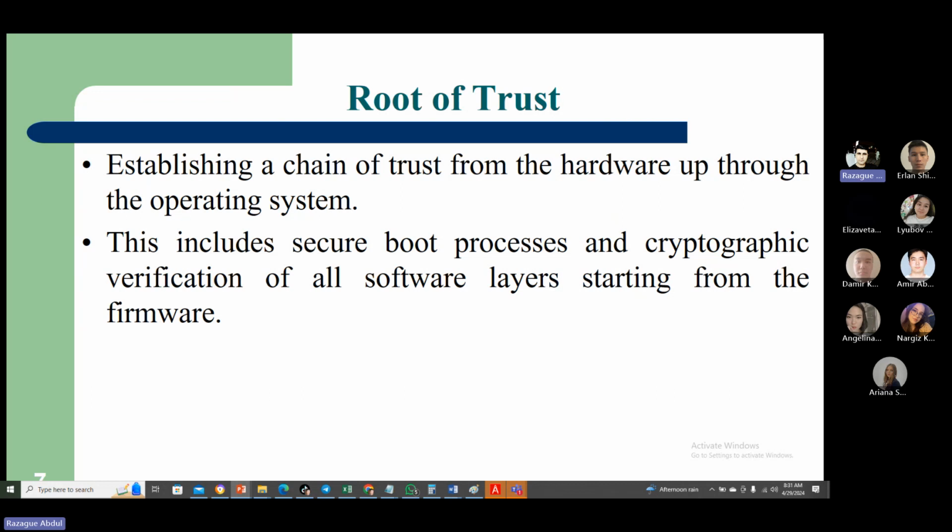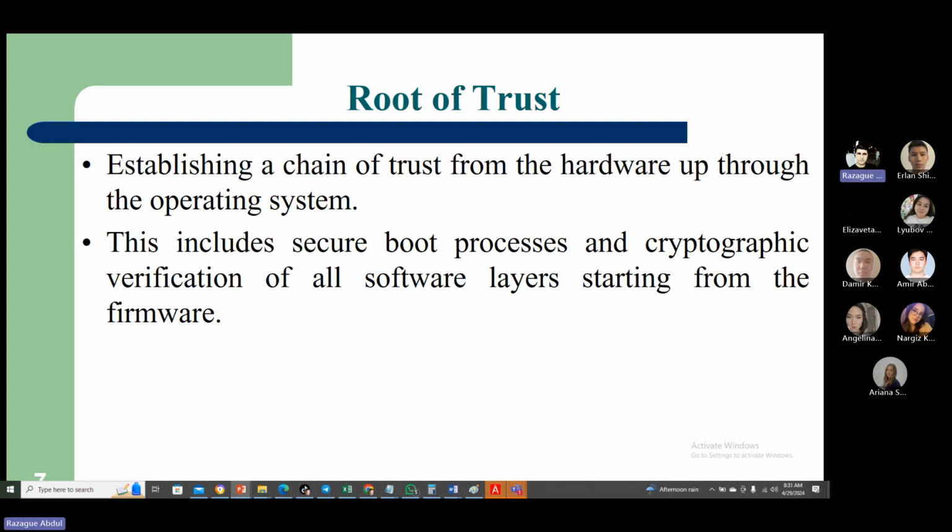Second, we develop a secure boot process, meaning designing and implementing a boot process that checks for integrity and authenticity of all the software components before execution. And the third one is enabling cryptographic protection. This means we have to utilize cryptographic mechanisms to protect data and validate software